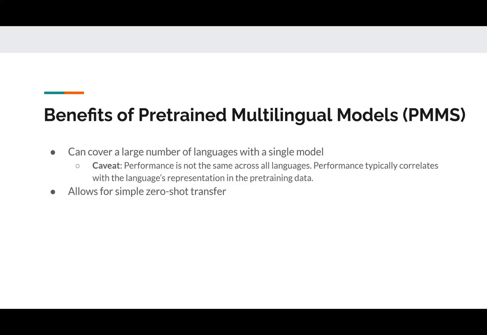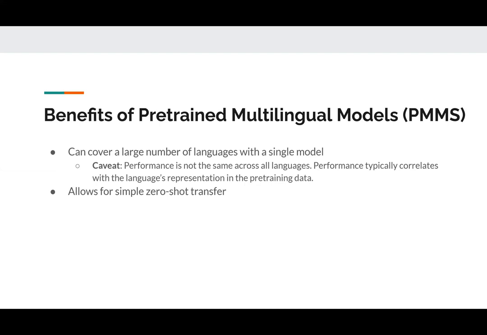So what are some benefits of these types of models? First of all, you can cover a ton of languages with just a single model. Previous methods for cross-lingual transfer depended on word embeddings, where you would have perhaps aligned monolingual embeddings for each language, and you might imagine that it gets to be kind of a hassle if you have different sets of embeddings for all the different languages. With this, it's just a single model.